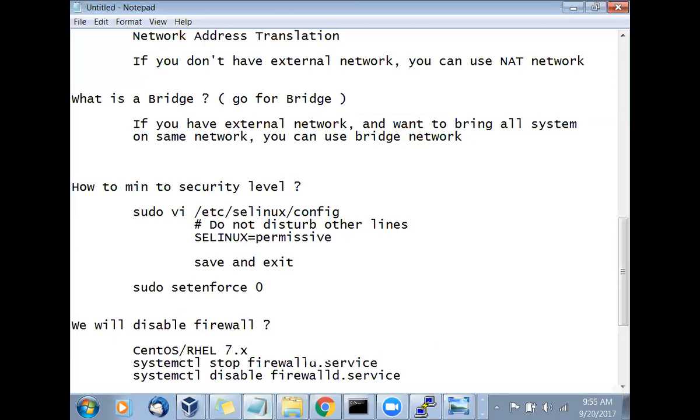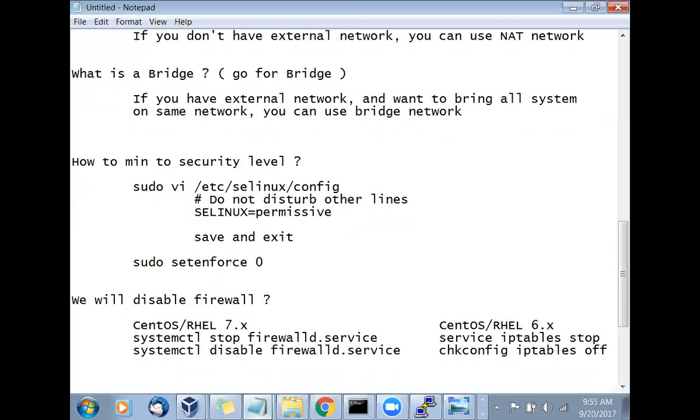If it is 6, you have to do something different: service iptables stop, and chkconfig iptables off. So depending upon the operating system, you will work with that.